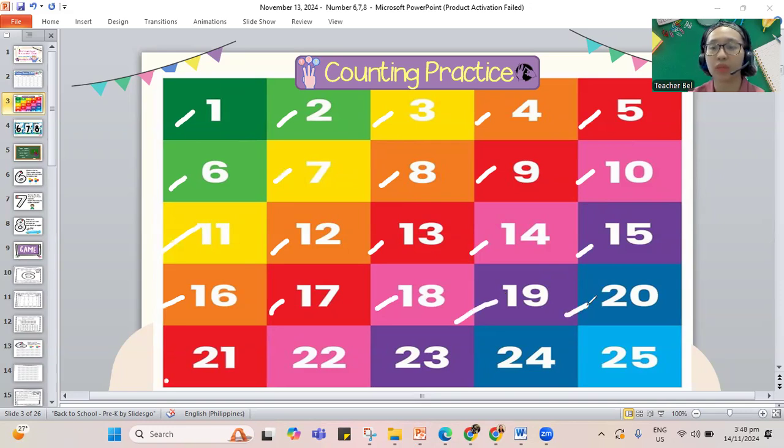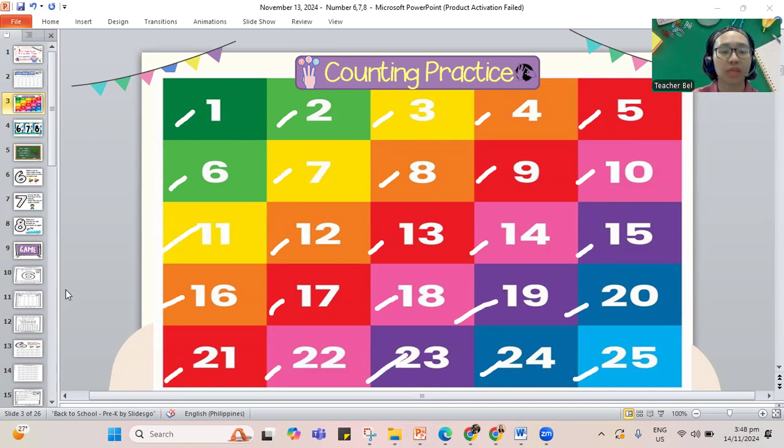We have 21, 22, 23, 24, and 25. So those are the numbers that we counted from 1 to 25.